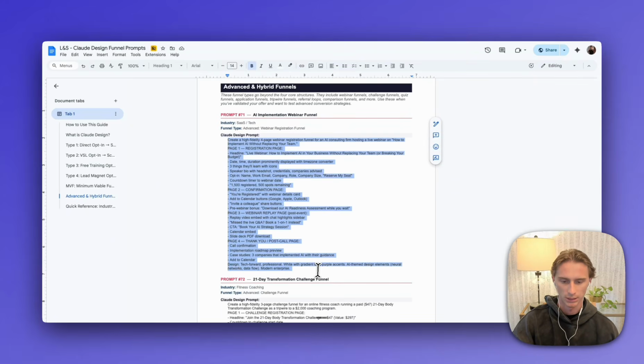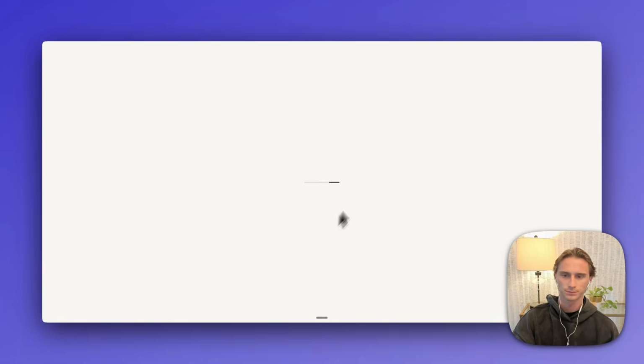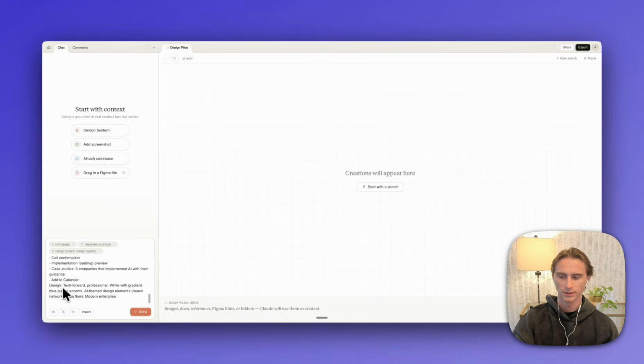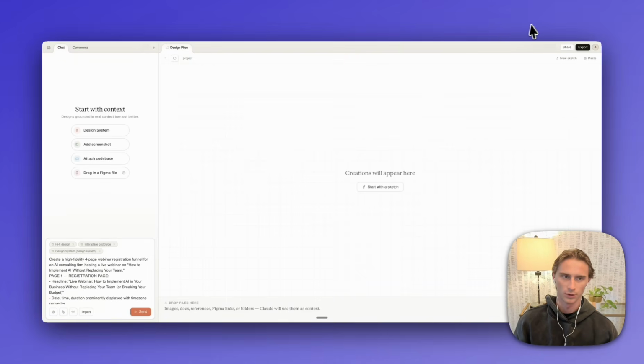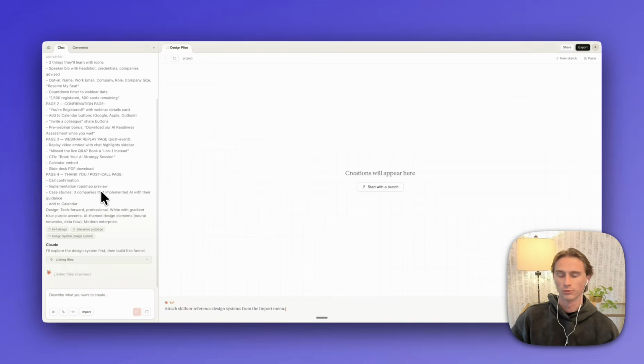This is a webinar in this case, which we can do a test. So if now I go back to Claude and I write "AI test webinar," that would be the name of the prototype that I'm going to create. And then I click on create. And here, the only thing I need to do is paste in the prompt from that document. I click send, and now it's going to build the whole webinar landing page for me, which is crazy